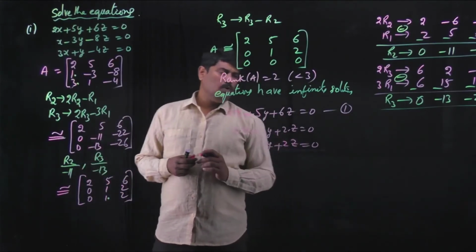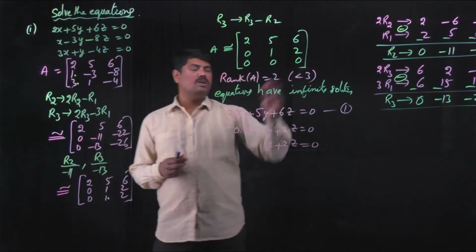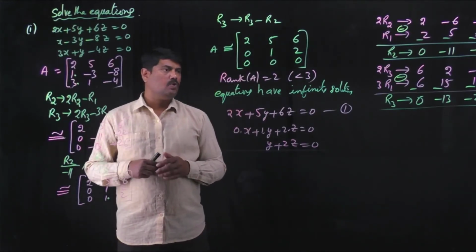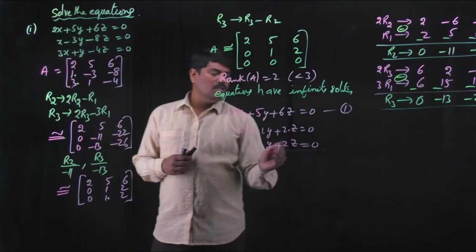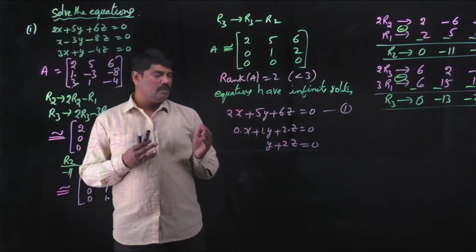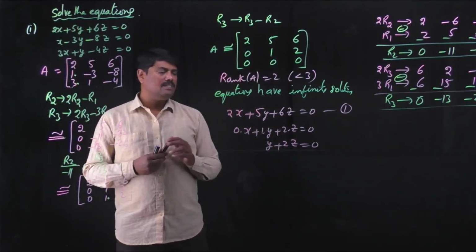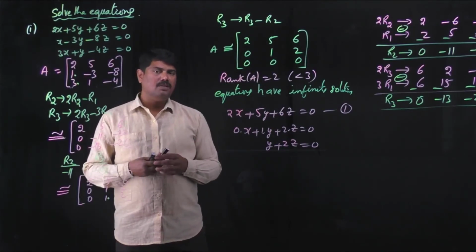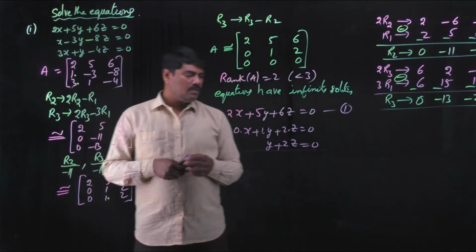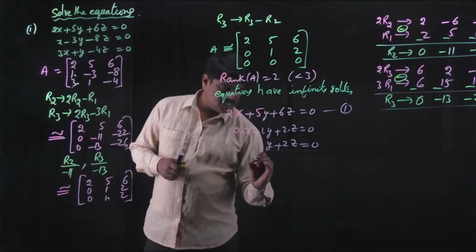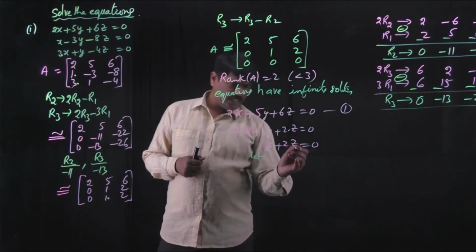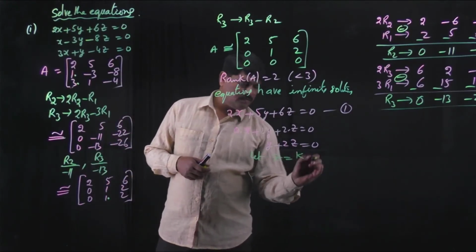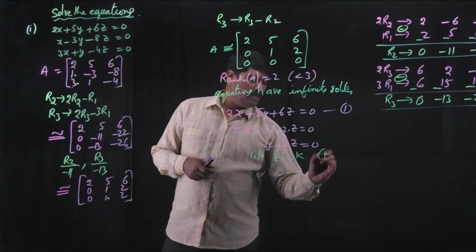So we have only two equations. Why? Because the third row completely becomes 0, so we don't have another row. Here you need to observe whether you have to consider y or z as k, so that you will represent the remaining values in terms of k also. If you take z as k, or y as k, no problem. I am taking the z value as k. So k belongs to R.